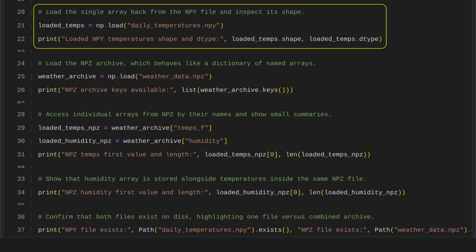We load a previously saved array from a file using the NumPy load function, which reads data stored in the NPY format designed for a single array. After loading, we immediately check the array's shape and data type by accessing its shape and data type attributes. Printing these values lets us confirm that the array was loaded correctly and that its structure and data type match